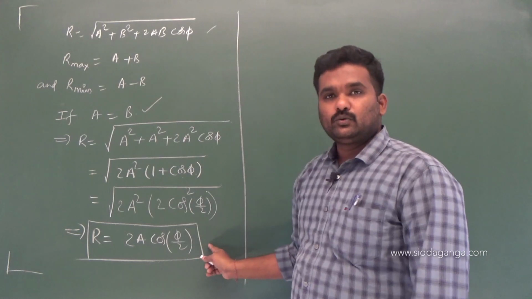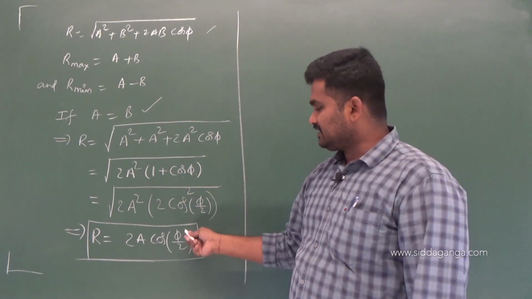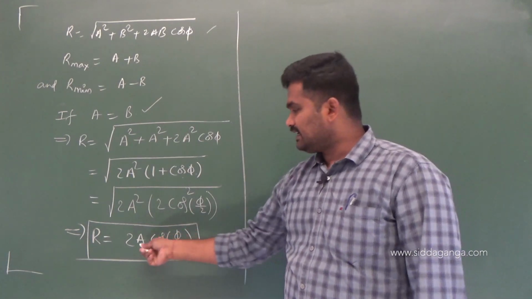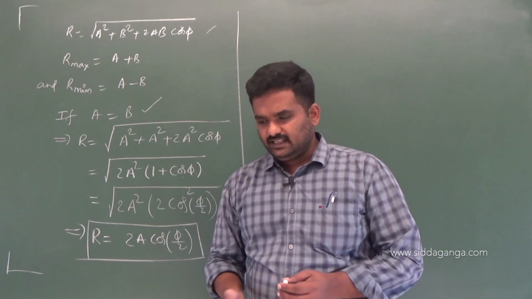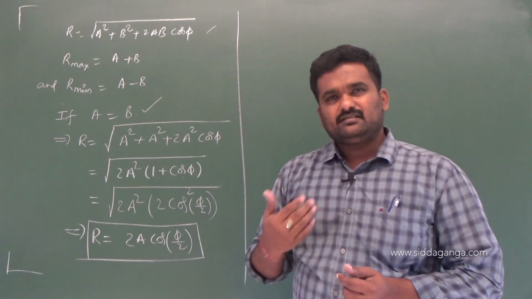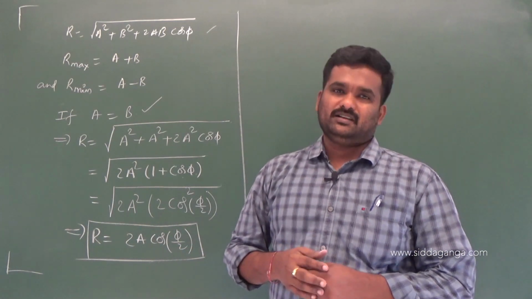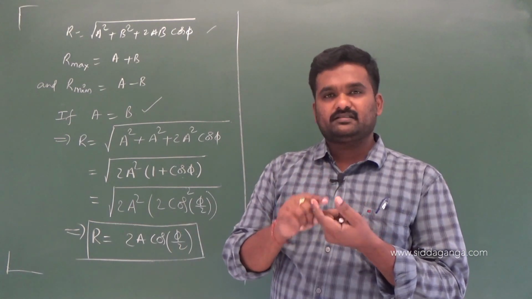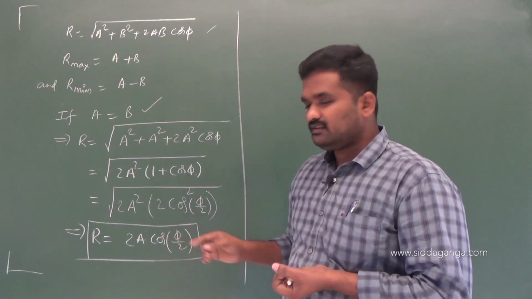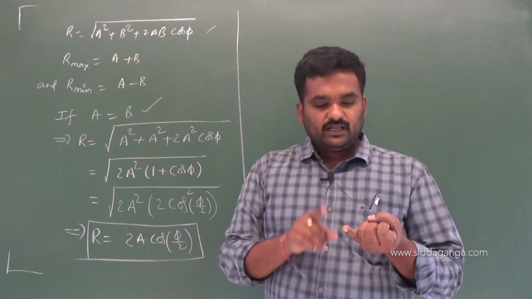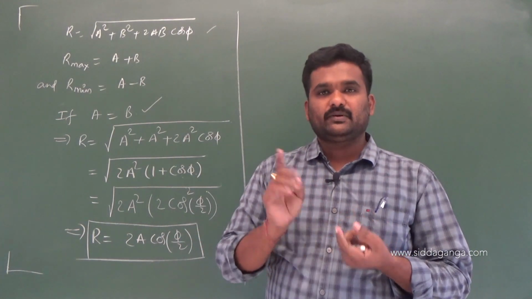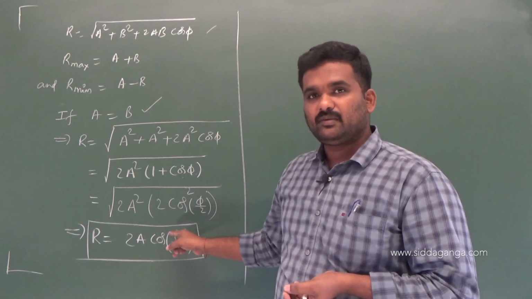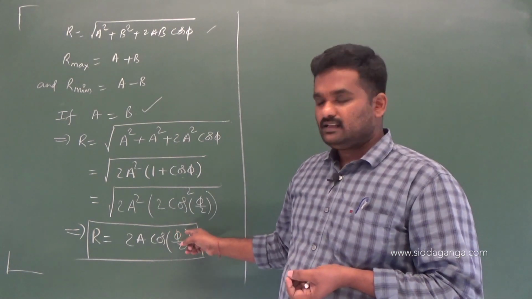2a cos phi by 2. At a point where the phase difference is phi, if they are given, then directly I can say, if they say it's not always constructive or destructive interference that is formed. Constructive when phi values are 0, 2 pi, 4 pi, 6 pi and so on. Destructive when they are superposed by pi, 3 pi, 5 pi, 7 pi and so on, phase difference between them I am talking. Getting or not, right?